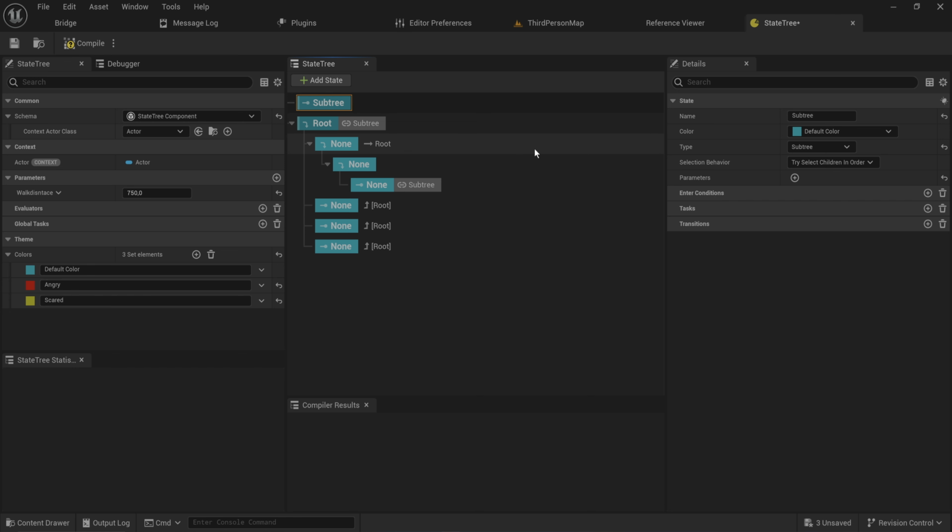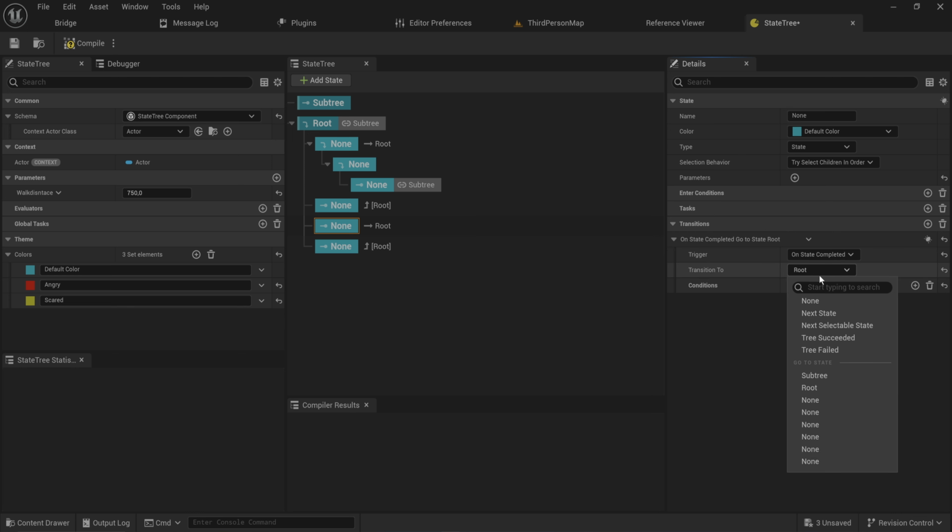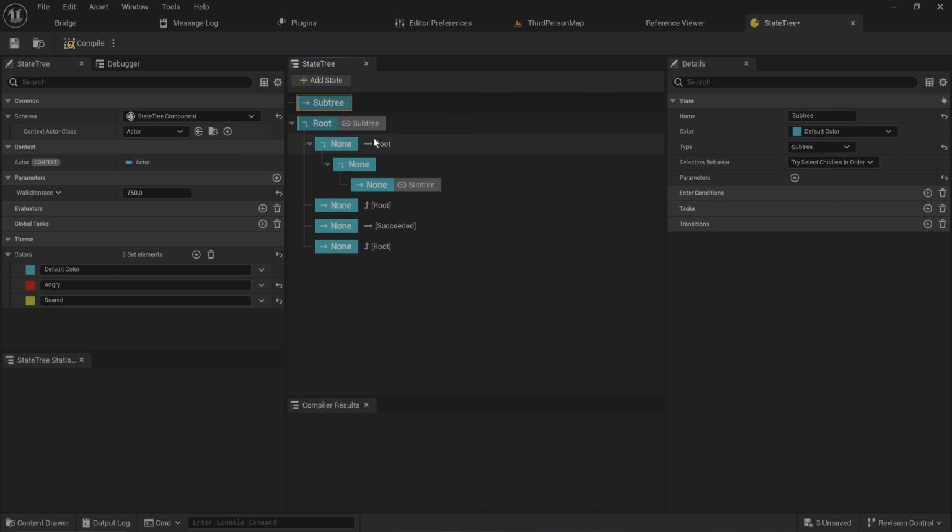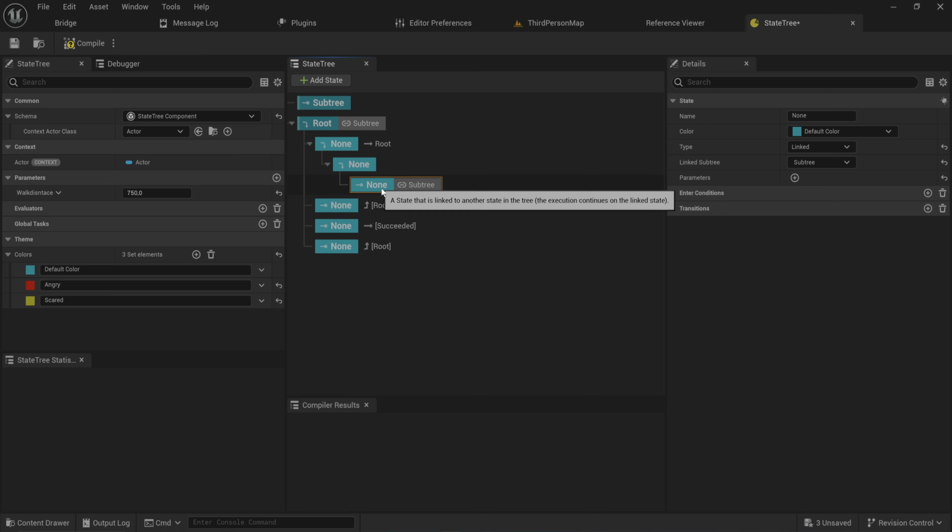So a state tree has this concept of being able to be finished as one of its transitions. So we can say here, on state complete, we can mark this as, instead of transitioning to something, the whole tree having succeeded or failed. And when it does that, it finishes the subtree and it marks this state as completed. So you can have this entire subtree accessible and run it as a singular state. I personally don't love doing this because of the next thing that we can do